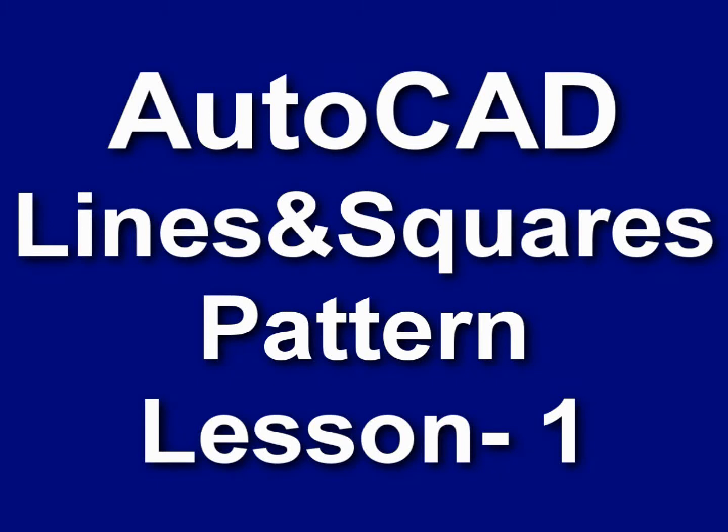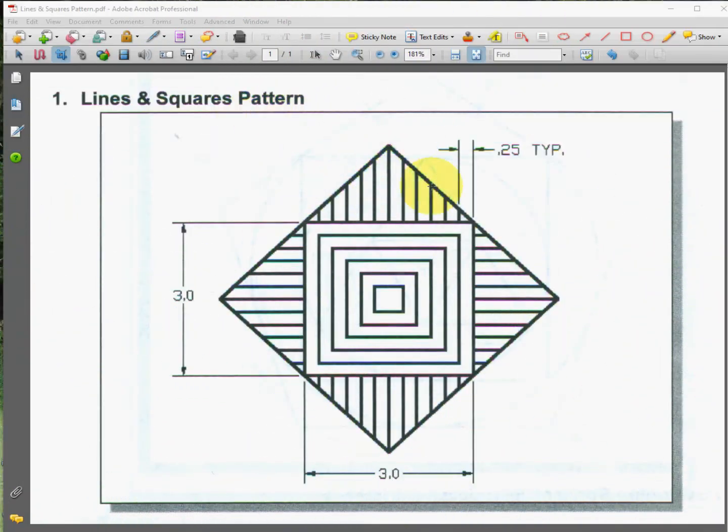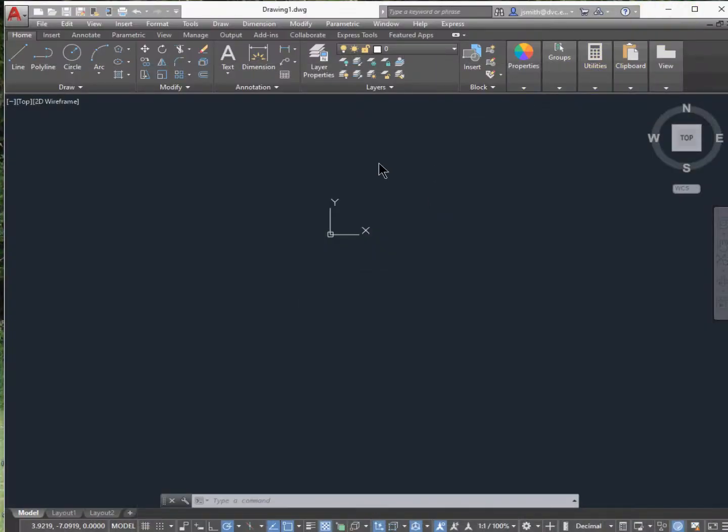In this lesson, we'll be creating a lines and squares pattern in AutoCAD. So the first thing we want to do is go ahead and analyze this drawing. You're going to see a lot of concentric squares and some hatch lines going around it. So the way that I would do this is I'm going to go ahead and make a square with a